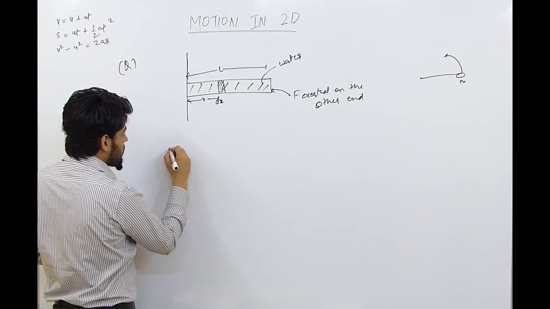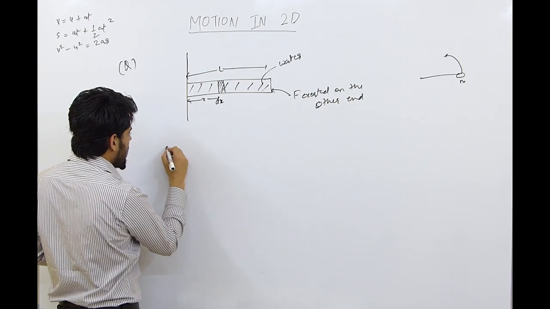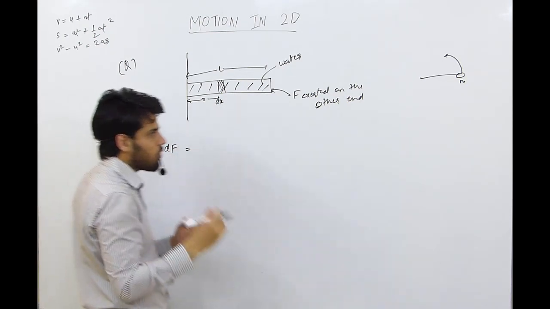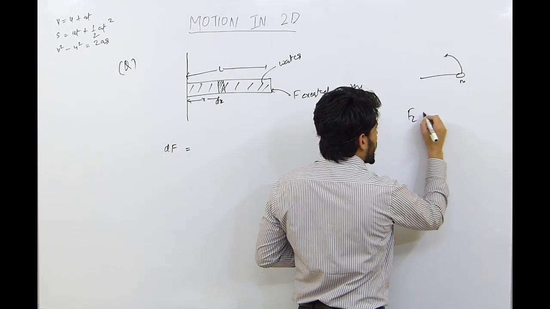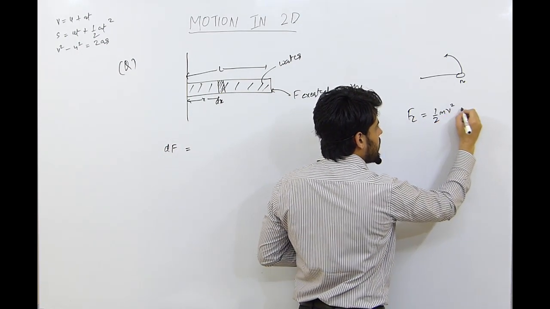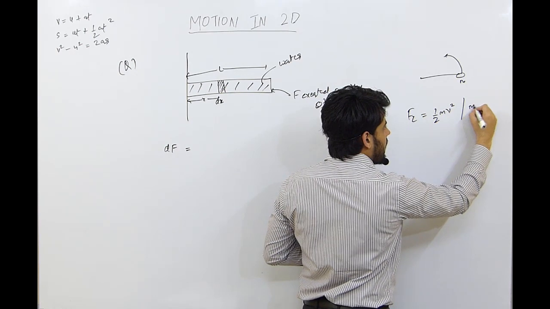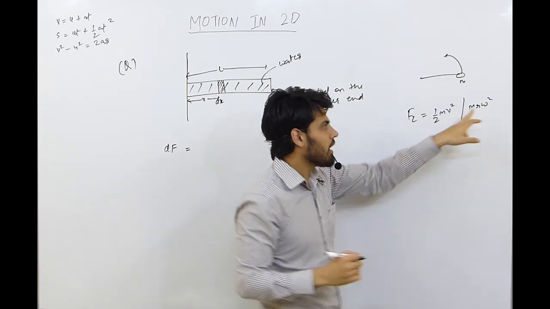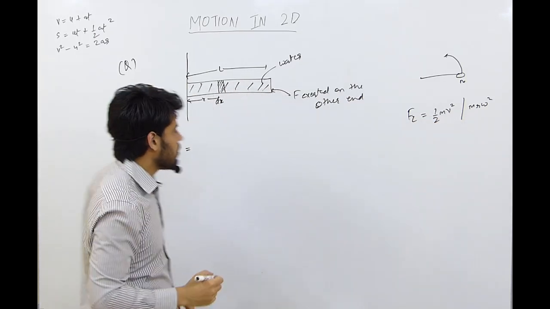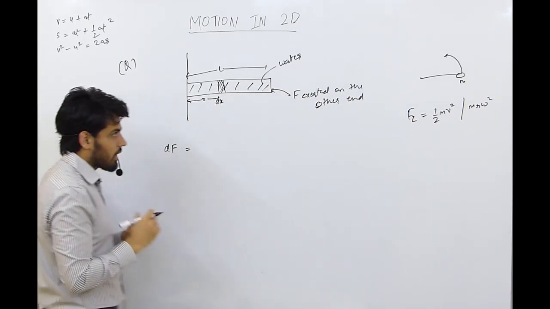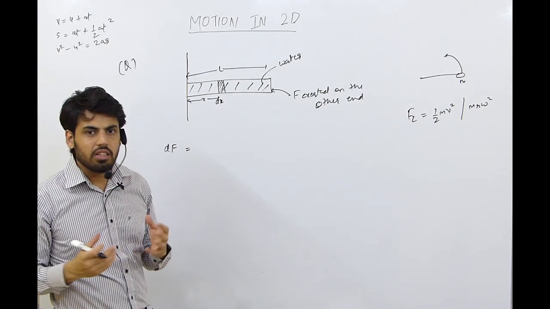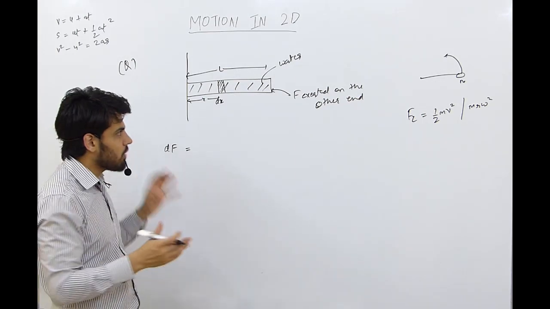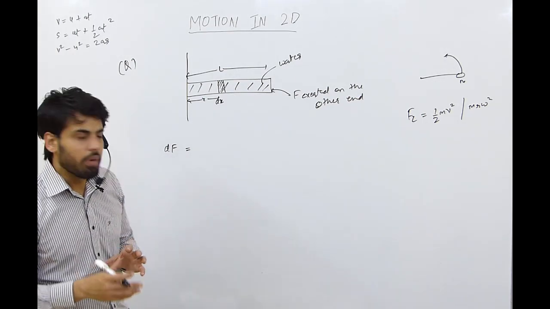So what we will do, first we will count df, the centrifugal force, which will be half mv square or m r omega square. These both are the same, you just have to replace v equals r omega. So there is no difference. I am solving these numericals considering that you have cleared your basics and you are familiar with the basic formulas. That's why we are jumping directly to the numericals.